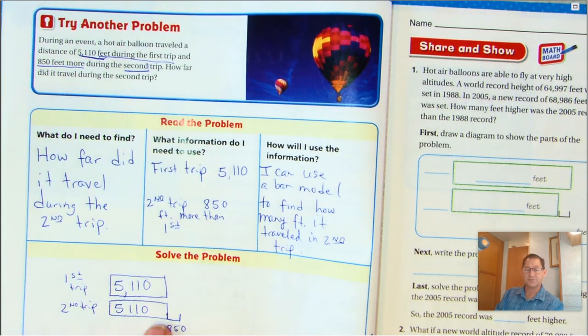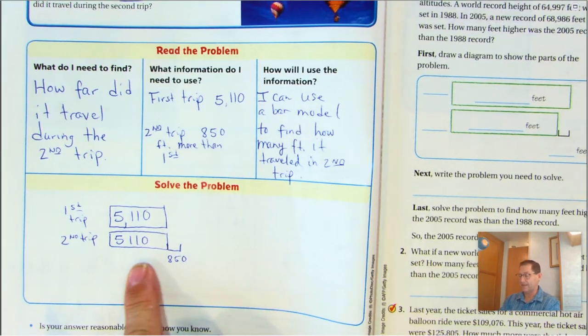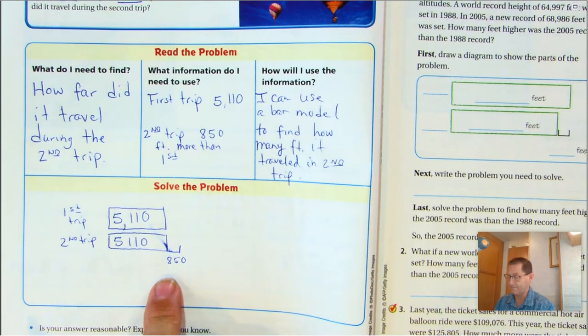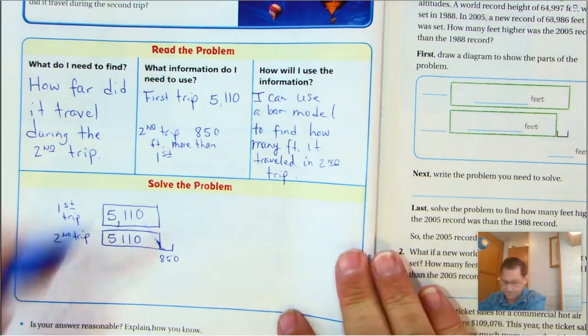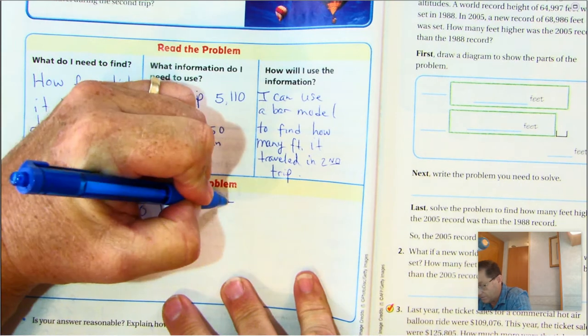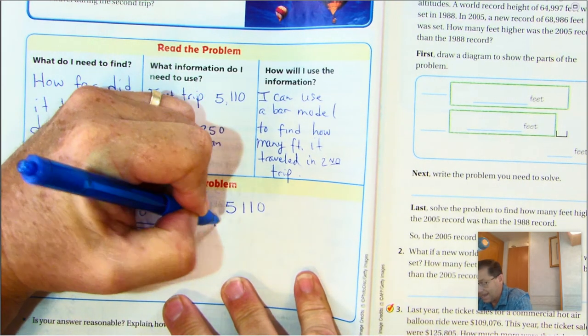So we know that the second trip has to be slightly bigger than the first trip because it was 850 more feet. So this, we're just going to add